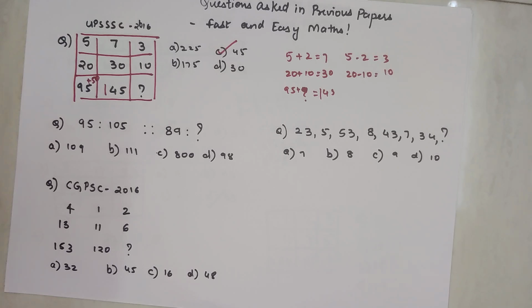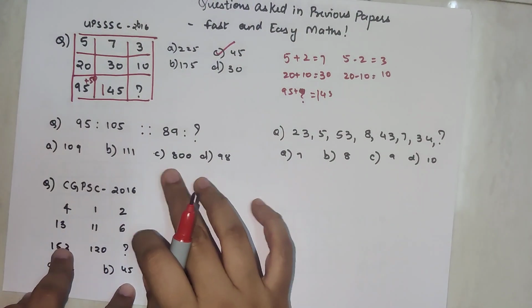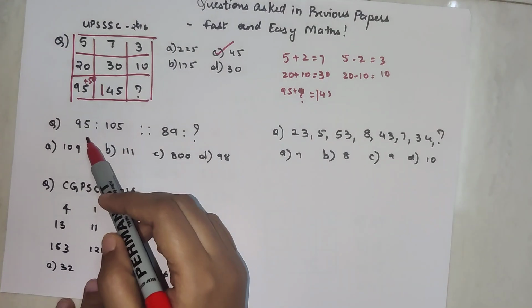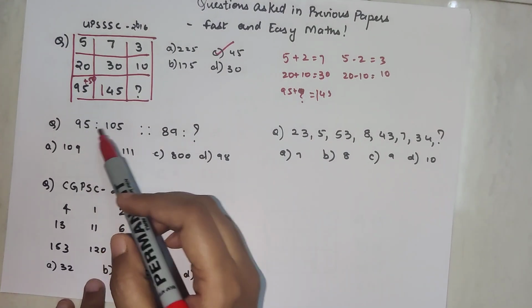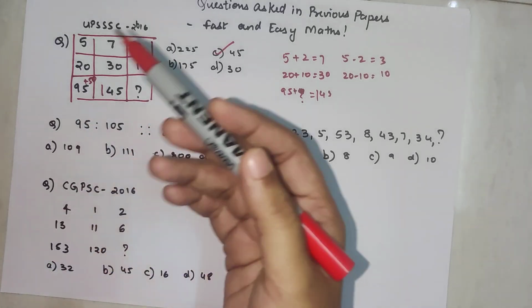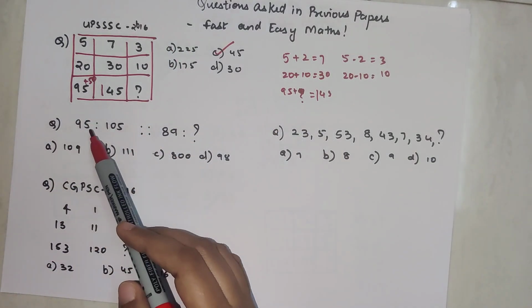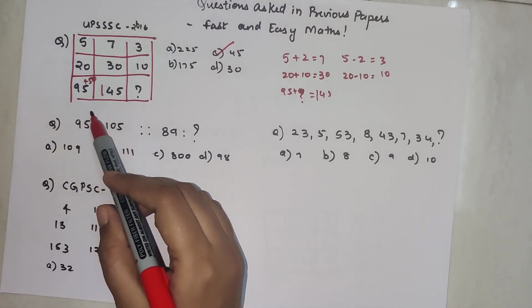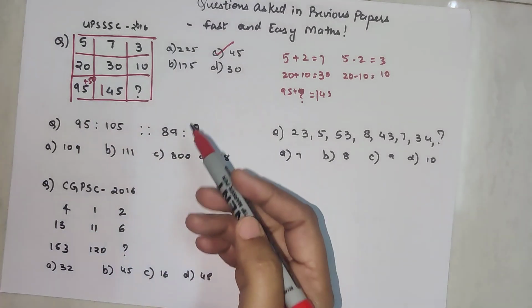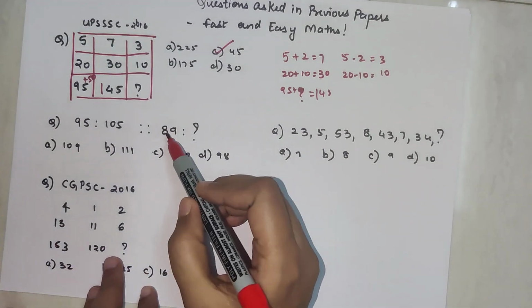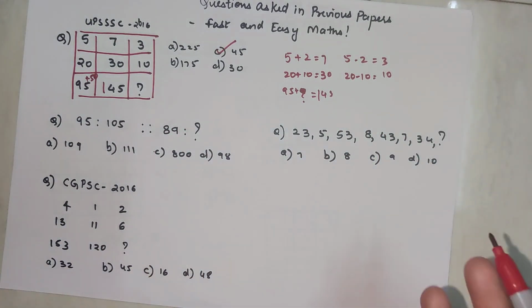So now over here, when something like that doesn't work, then we come to factors. This is a factor of 5 and this is also a factor of 5. But instead of just going and figuring out what it is, 19 into 5 will get you 95, and 21 into 5 will get you 105. Don't do all that, because if you look over here, 89 is a prime number. So here you will not be able to find any factors for 89.